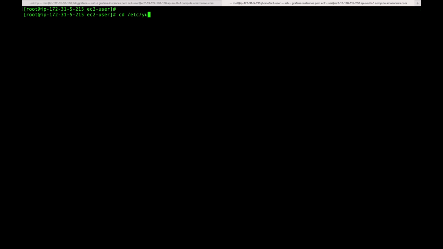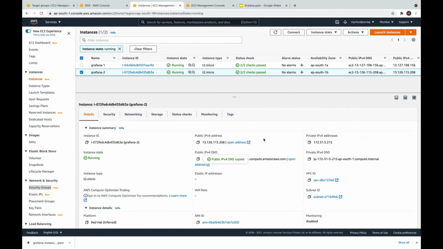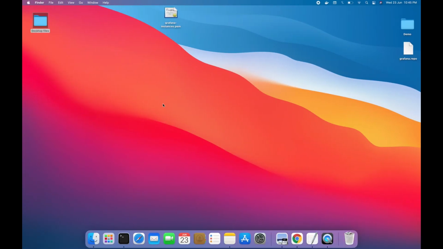So it is /etc/yum.repos.d/ where I will create a file grafana.repo. I have already all the lines available.